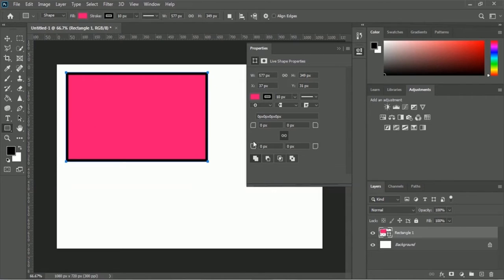Okay, if you want to change the radius of each corner, then you can change it from here. This is the option for changing your corner radius. Let me show you. You just have to increase the pixels, and you can take a look, every corner got a rounded shape. And if you want to change the corner radius for a specific corner, then you have to